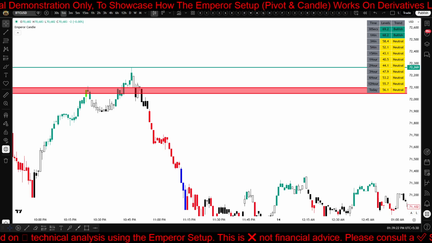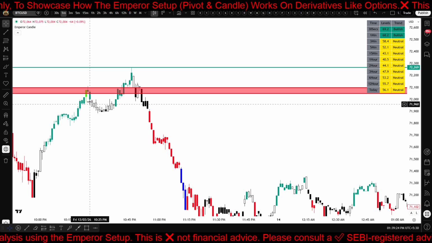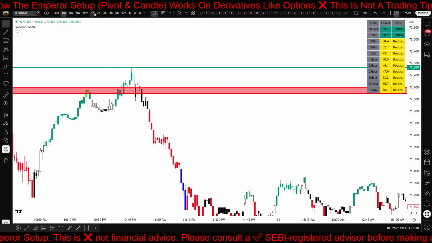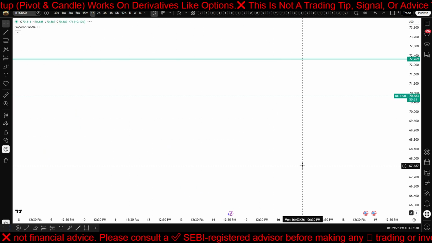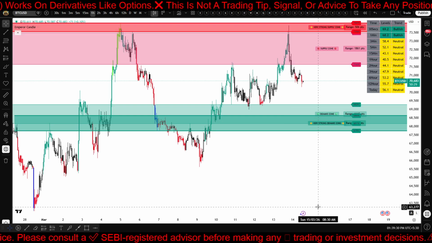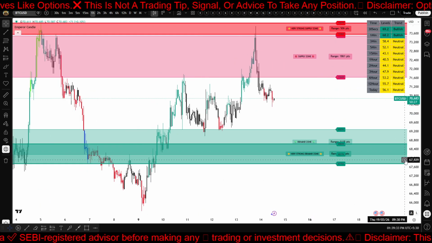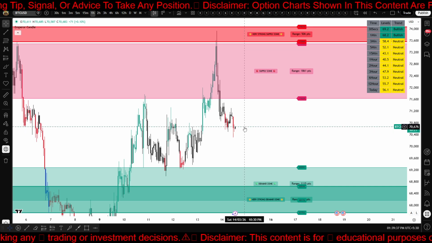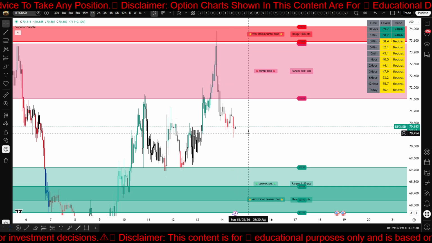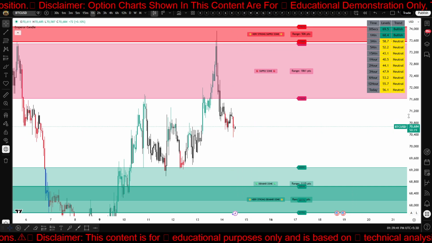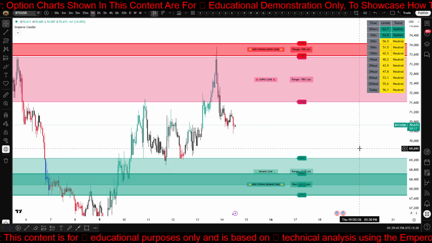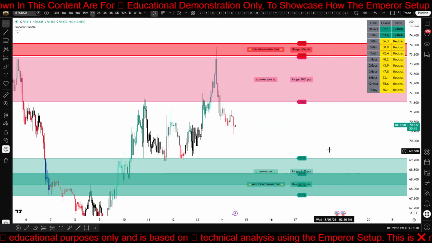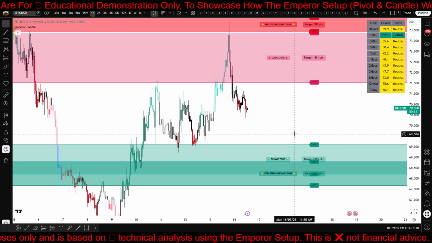For example, if the 1 hour time frame shows bullish momentum, we will switch to the 1 hour candle. Now, as you can see, it is in the middle of the zone right now, so we don't have to trade in such a scenario in the 1 hour time frame. I'm saying what not to do and when to avoid trades. We will make another video for that. So we will talk about just